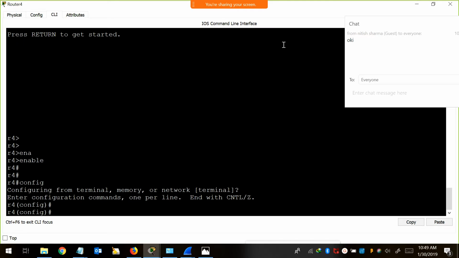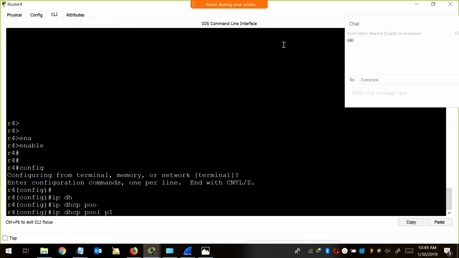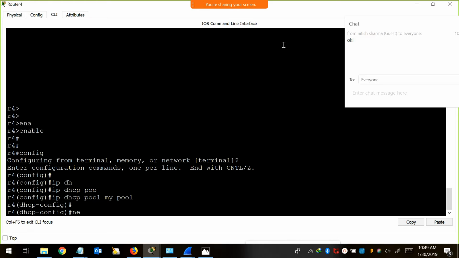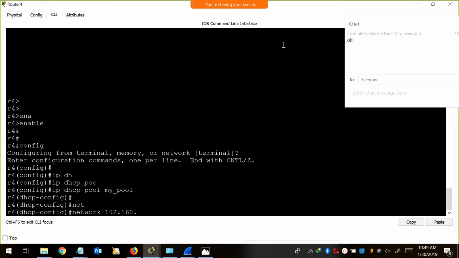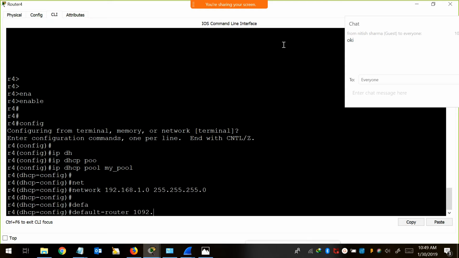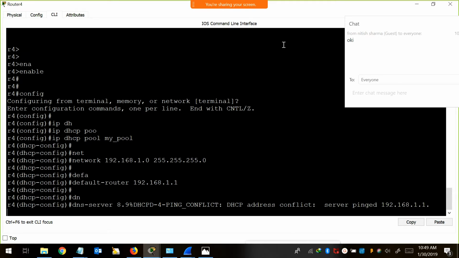So I'll just put IP DHCP pool, P1, whatever name, or you can put my pool, whatever you want to put here. I put my underscore pool. Then you will say network, and I want to assign IP addresses from this network. Pretty simple. I want you to give the default gateway as this IP. If you want this guy to access the internet, I'll say DNS server should be